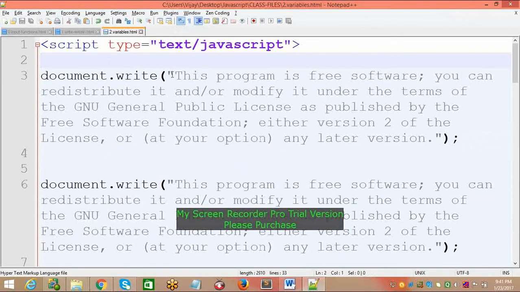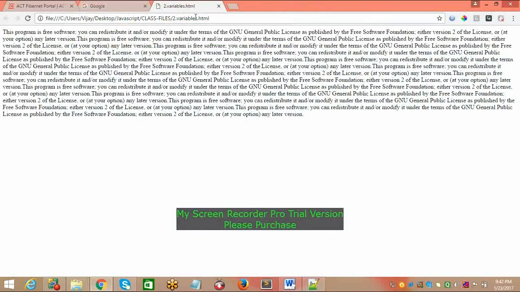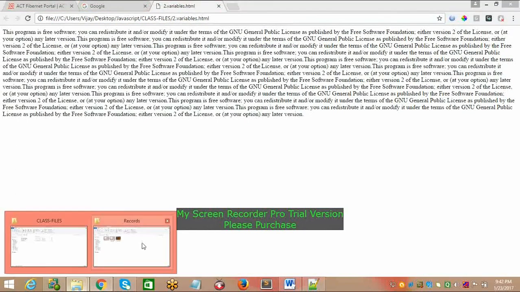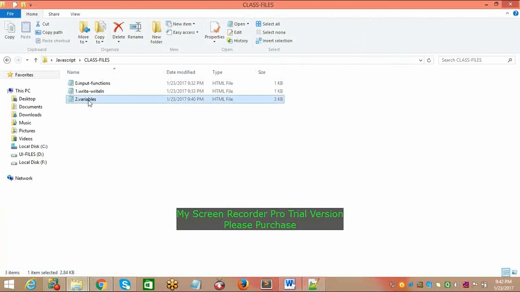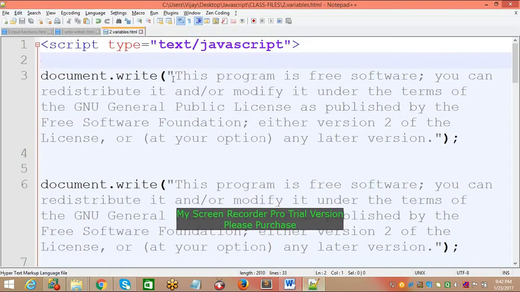Number three: your file size is increasing, repeating the same data and same statements multiple times. That means a 3 KB file is available. In future, if you have web hosting for your website or application and you increase the same code and statements, your files get larger and larger in size. Based on this, your hosting space is occupied automatically. That's why from this example we can see some problems.